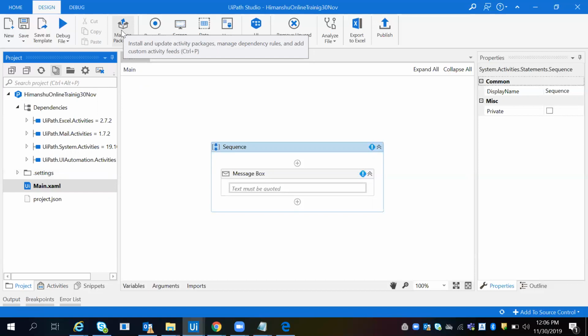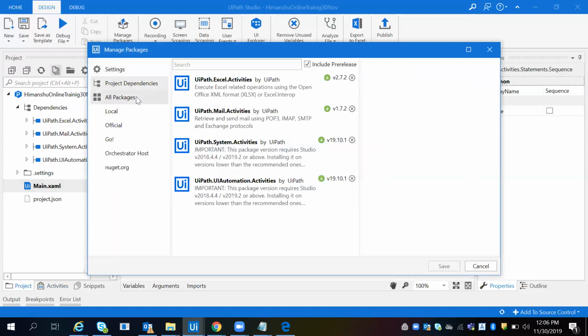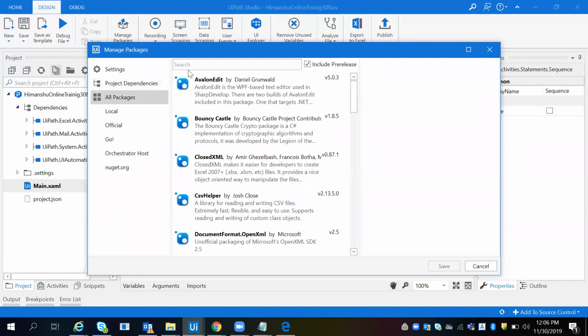So I will click on manage package and click on all packages. By default we are getting the project dependencies. Whatever activity is already installed, you can see it's showing in green. If you want to install any activity, click on all packages and search.